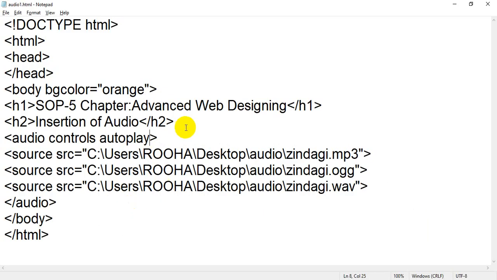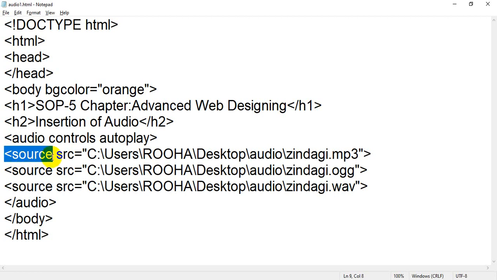If you want to see the code one more time, check it. Initially we have taken the audio tag, and instead of writing src, because if you use src inside the audio tag you can insert a single audio file, but in our question it is saying that you have to take multiple sources. That's why we have used the source tag.